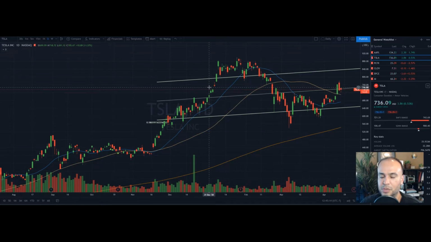Solid stock. We called this, I think, to the T, guys. We really did. So we mentioned the same play here, that we had a top here at 710, 715. And we saw that break a couple days ago, and we had a really strong day. And we mentioned in our last recap video from Tuesday that we hit 663, and we mentioned in previous videos that our short-term price target was 775 for Tesla, and it actually hit 775, and it actually went up to 786 in the pre-market.